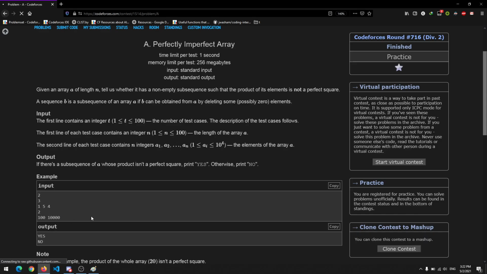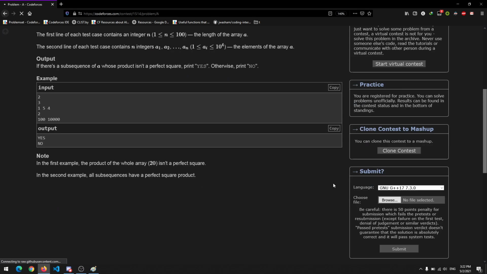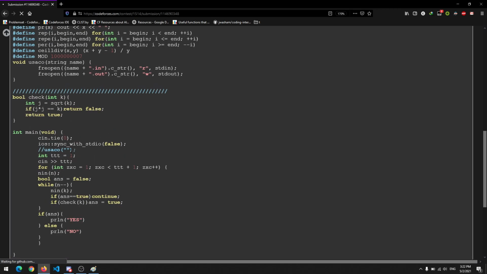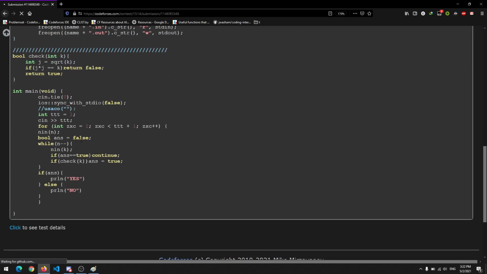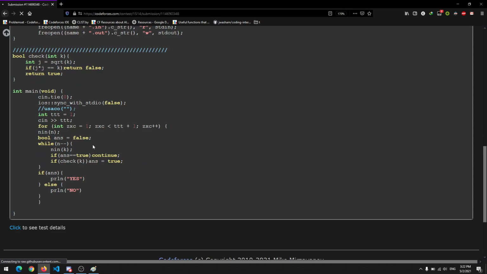job is done. So you could pause the video right now and try it out again if you haven't already, and if you could, then that's great. So here is the code. I just took the input of test cases and all, and I defined some macros here, so don't get confused. I just check if the array's elements are perfect squares or not. If they are not, I return true, and if they are, I return false.